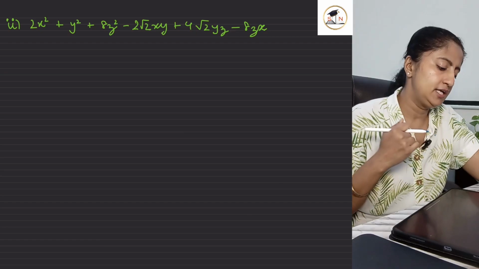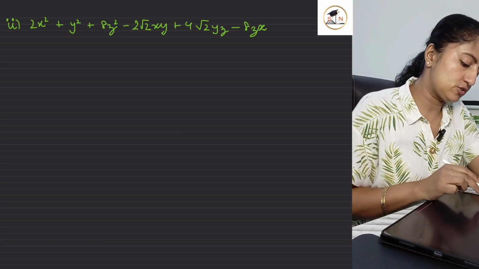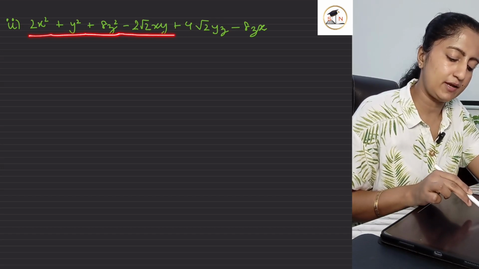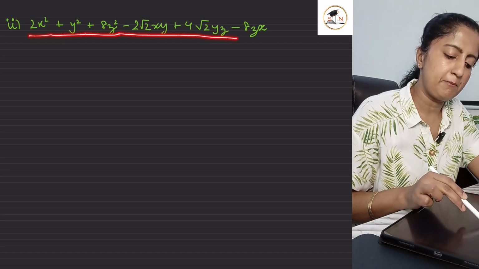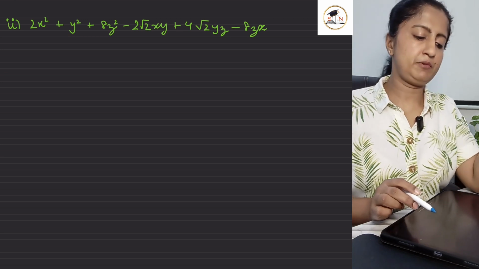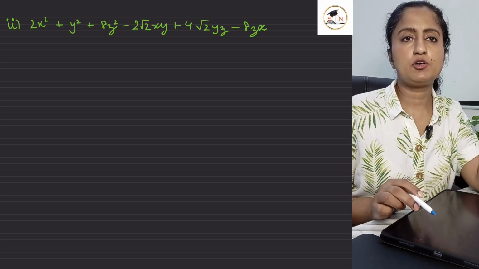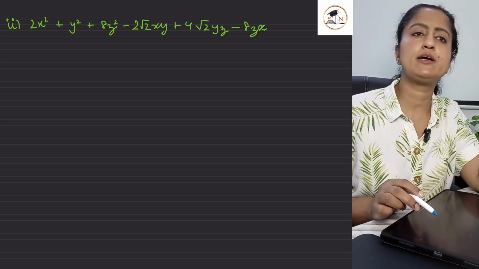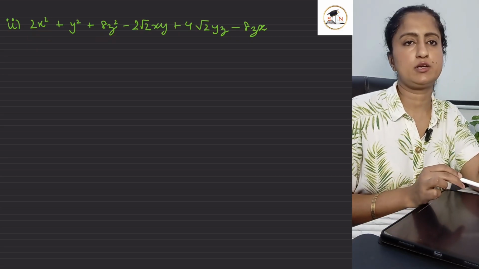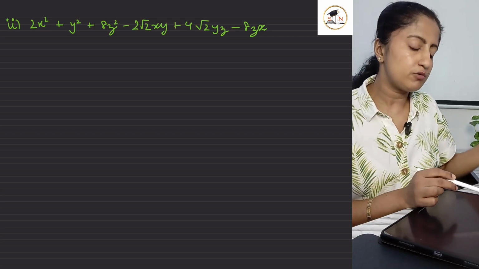Now, the next question. So what do we have over here? We have 2x² + y² + 8z² − 2√2xy + 4√2yz − 8zx. Whenever you have a question belonging to this identity, this kind of question is actually important because you will not find perfect squares over here. 2x² is not a perfect square. 8z² is not a perfect square because 2 and 8 are not perfect squares, right? So what we need to see over here